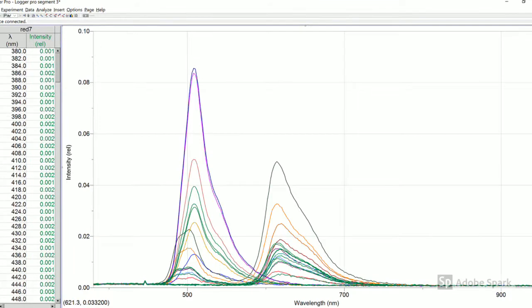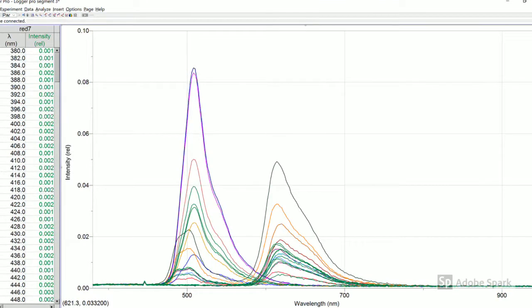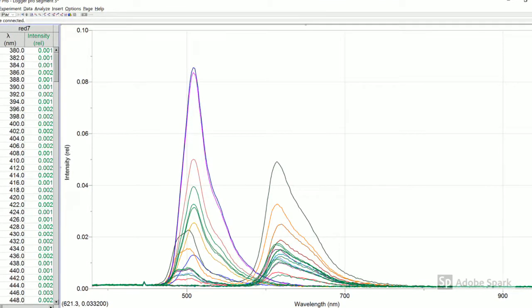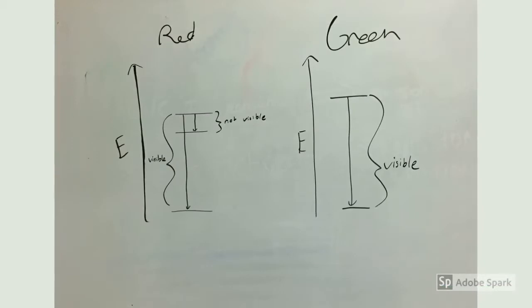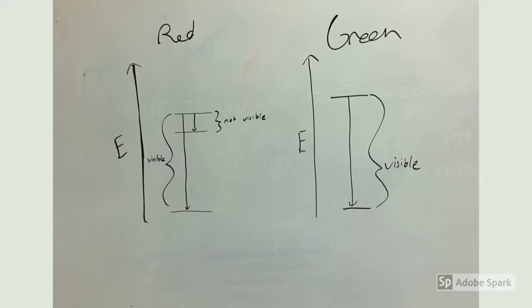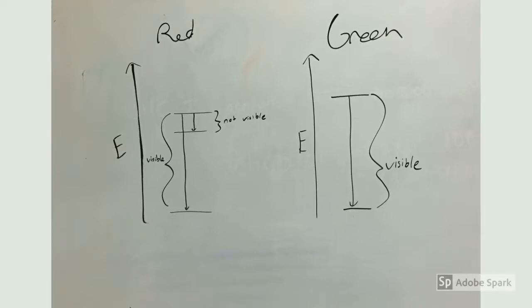This could be because the red dye reacted with the activator in a way that used up more activator per emission of light than the green dye. Another possibility is that red dye emits more light at wavelengths that are not visible, such as infrared or microwave light, so some of the energy absorbed by electrons in red dye is being emitted as light that the emission